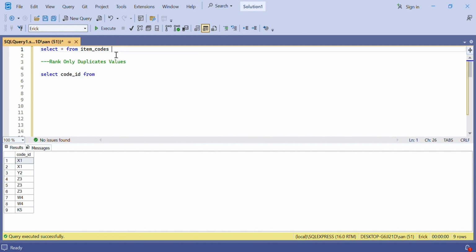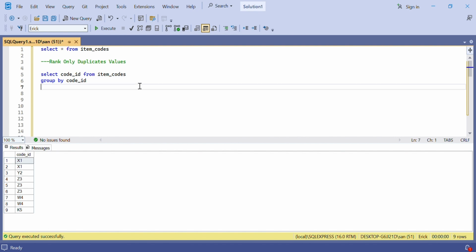So we are identifying the duplicates in this table, and then we group by code ID,